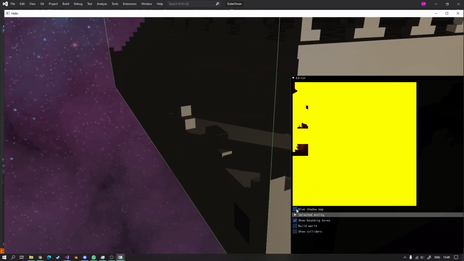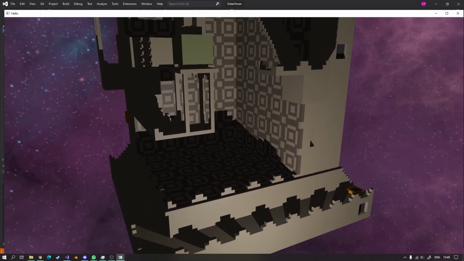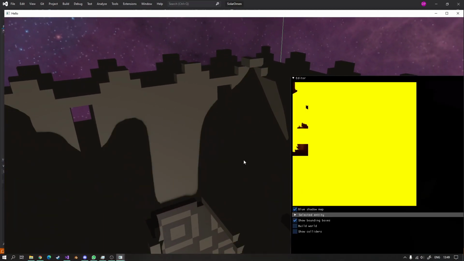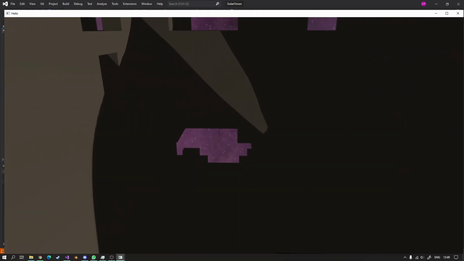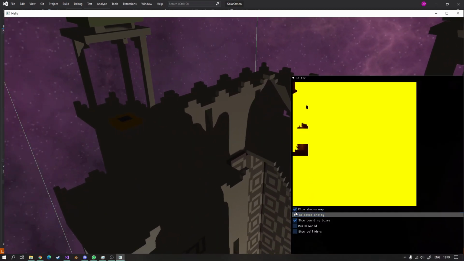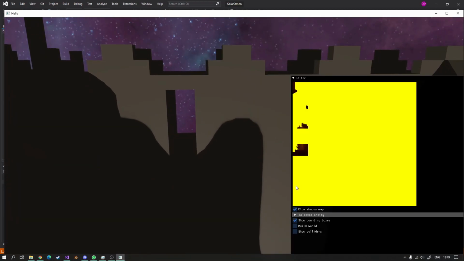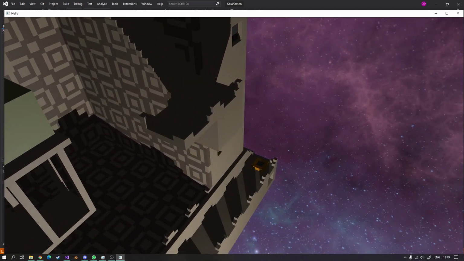I could spend a lot more time trying to figure out why, but I would like to rather explore a different method now, which is shadow volumes. Apparently shadow maps are still better from what I've read, but I still want to give them a try, because this is pretty much the basics at this